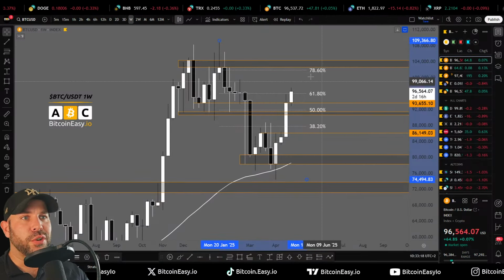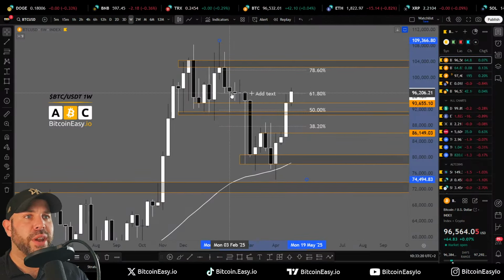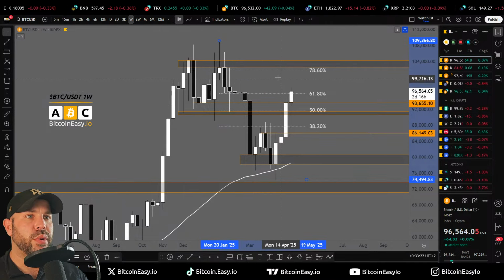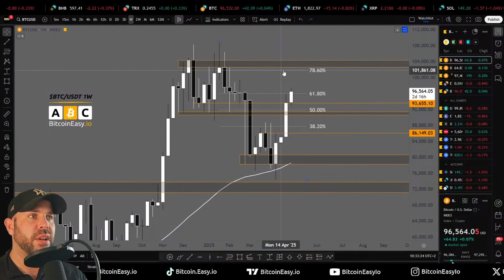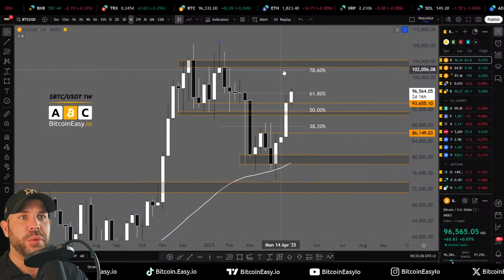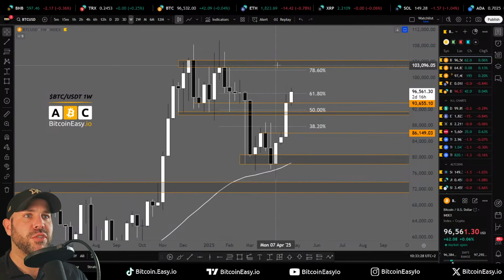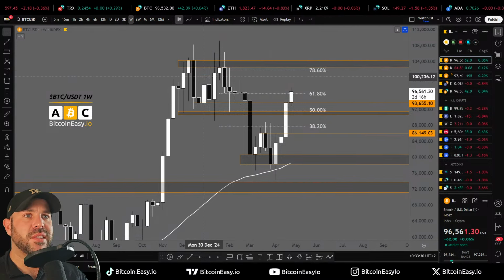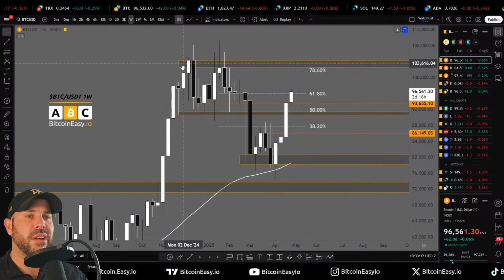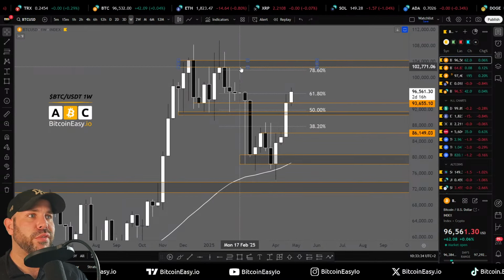Right, guys, so of course, if we close above here now and break this range as well and the 61.8, then our next target would be up here, somewhere around 102K, which is also a very strong area of interest. You can see here from a closing basis with a bunch of touch points here in this area. And then if we start closing above here, right above